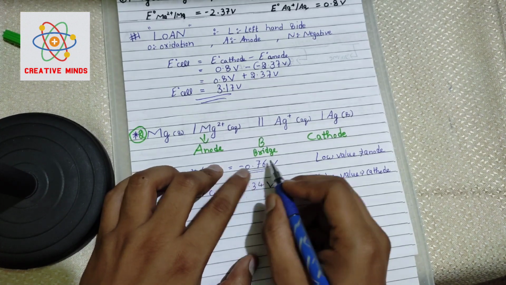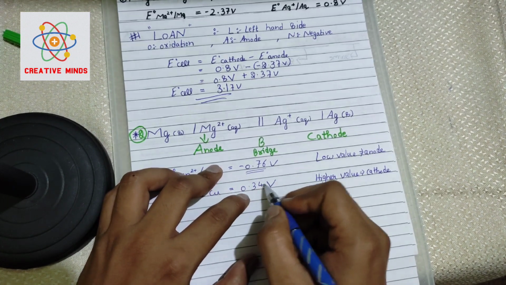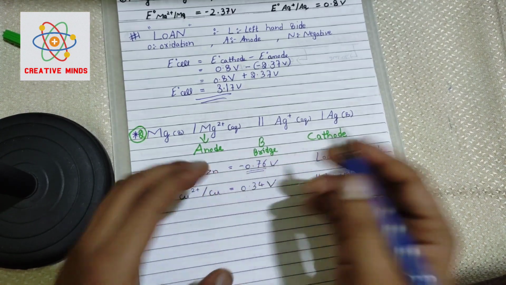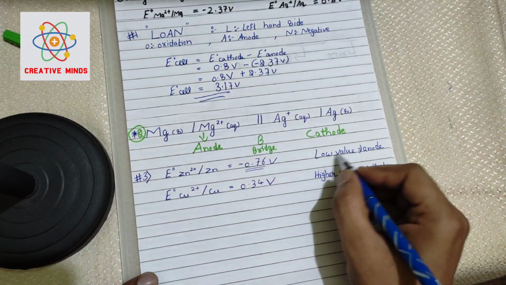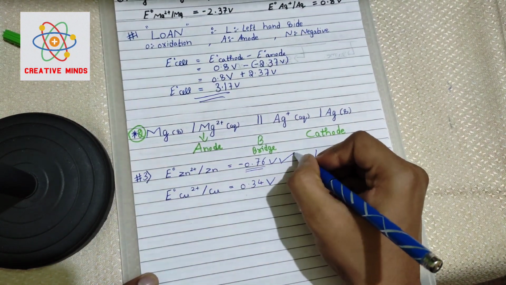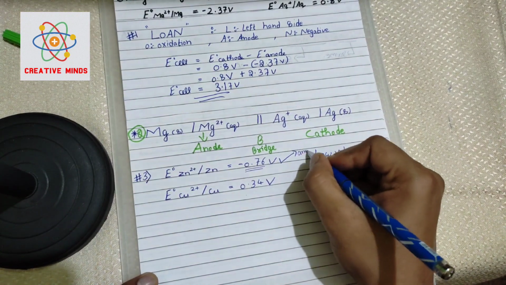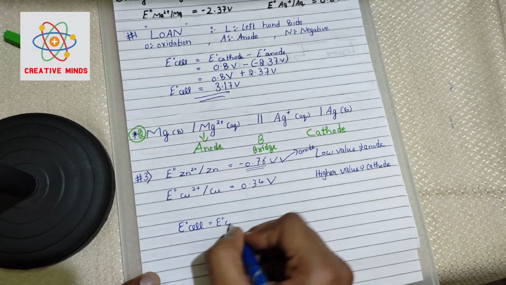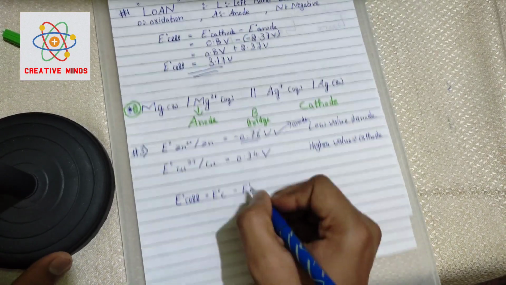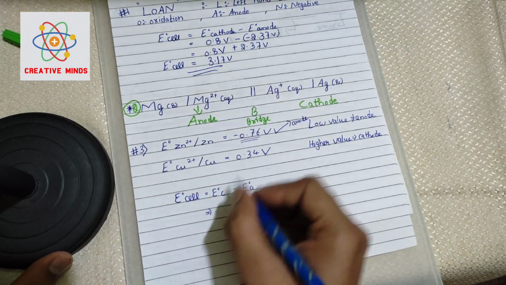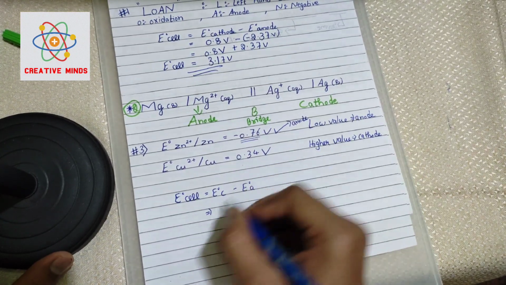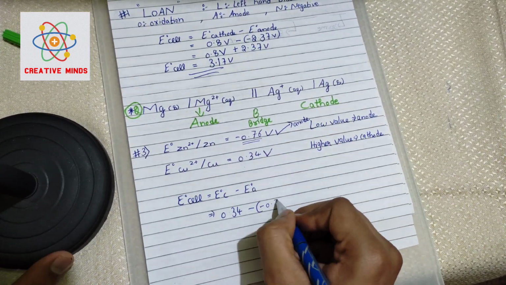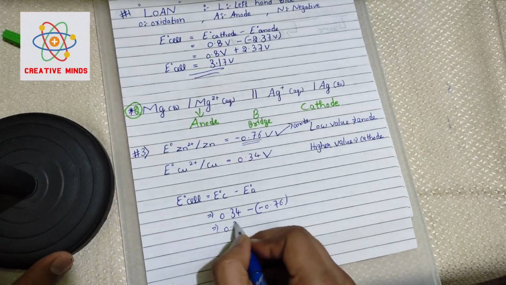Minus 0.76 is smaller than 0.34 because this is positive and this is negative. When a higher number becomes negative, it becomes less. So, what I told you, low value is anode, so obviously this will be your anode. Now we all know this formula, E naught of the cell is E of cathode minus E of anode. Therefore substitute: what is E naught of cathode? The higher value is your cathode, so 0.34 minus the lower value, which is your anode, minus 0.76. So final answer 0.34